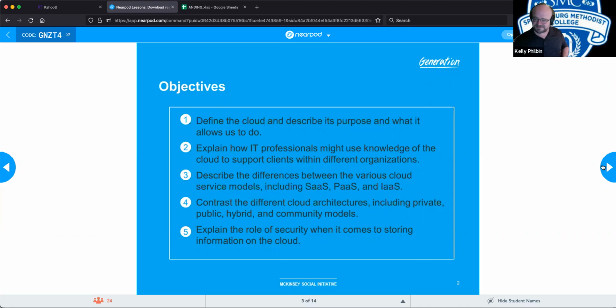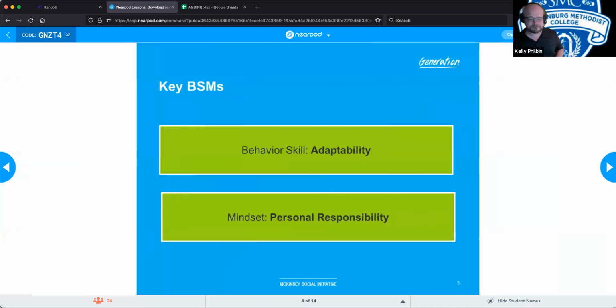All right. Behavior skills and mindsets we want to take into account when working through this technical session. Adaptability. Things are ever changing in the IT world, and we always want to rise to meet that challenge. We want to continually arm ourselves with as much education and knowledge as we can possibly get within our respective fields so that we can be better fit to undertake whatever tasks are required of us within our scope.